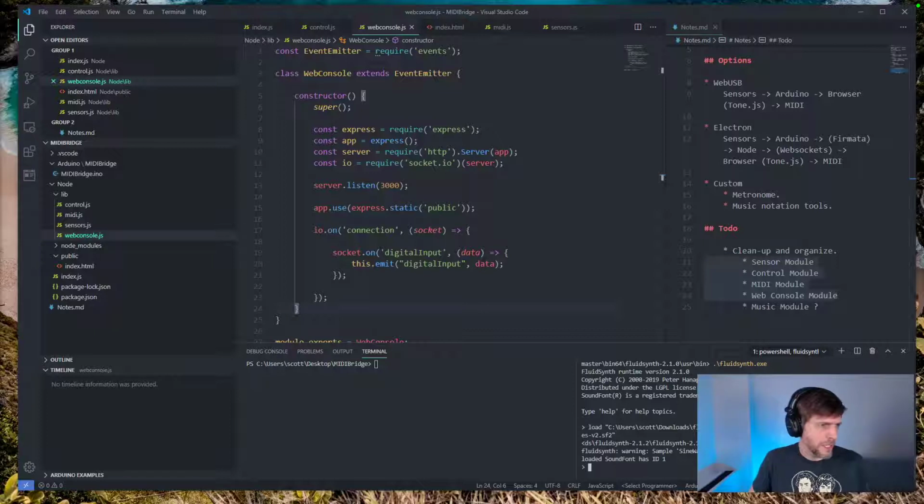Okay, we loaded a sound font. So now, hopefully that just magically connected to the right MIDI port. Like magically connected to loop MIDI. I don't know why it would, but I also don't know why it wouldn't. So